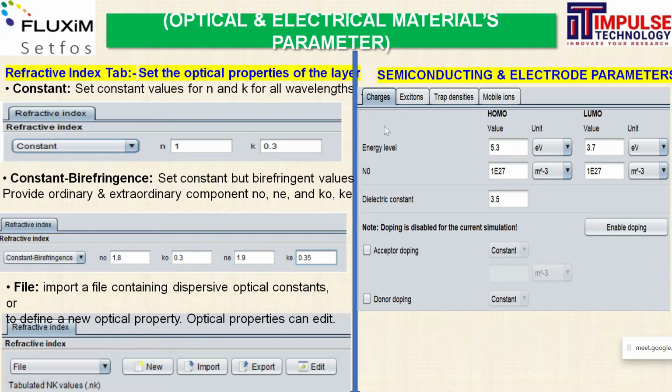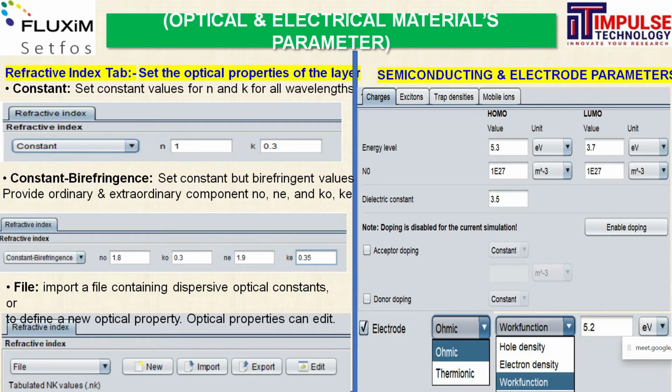So charges, you can define excitons, traps, mobile ions, anions and cations, trap density analysis, SRH recombinations, all parameters required for semiconducting layers can also be set. And you can also set the electrodes, in the sense of top contact and bottom contact, where you can define whether it is an ohmic type or a thermionic type work electrode, and accordingly you can adjust and tune the work functions of your contact.